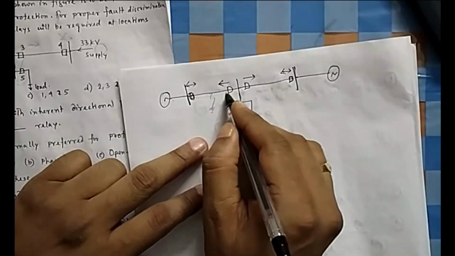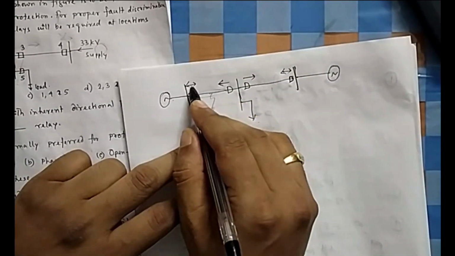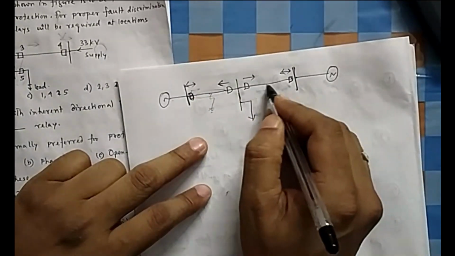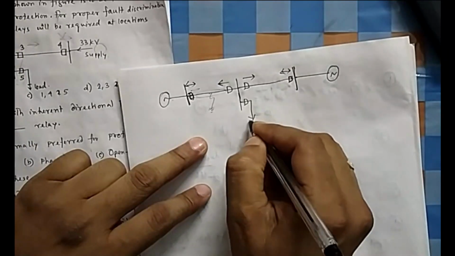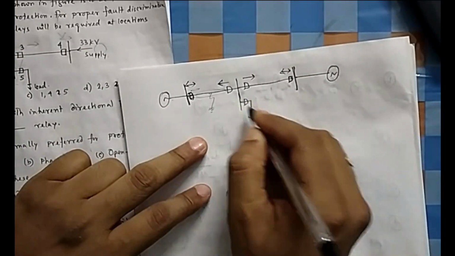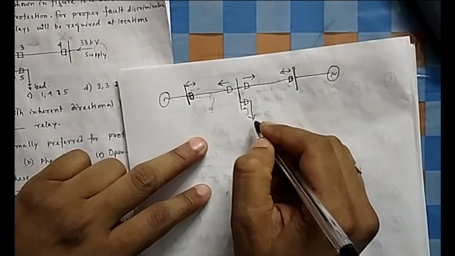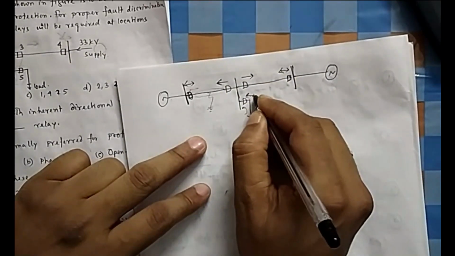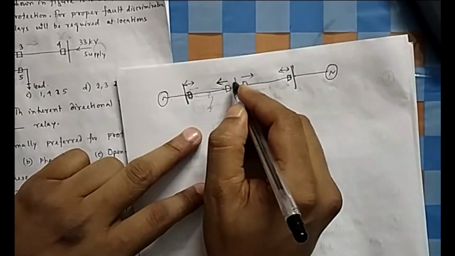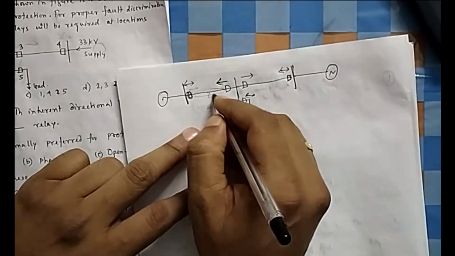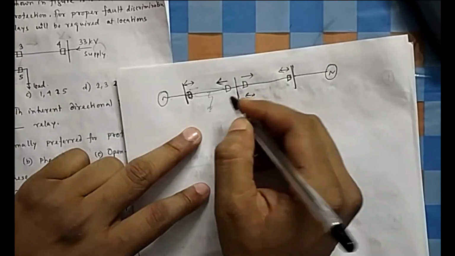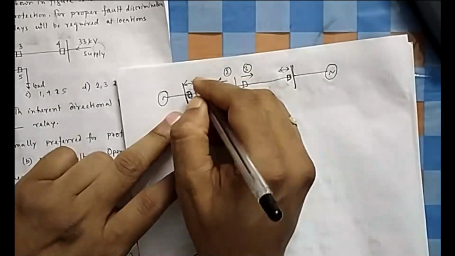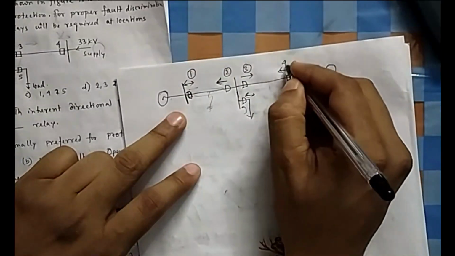If you see this line, this line has to be protected. It is protected from this side by using this, and from the other side it should also be protected. On the load side, current cannot go that way, and current cannot come from the load in reverse. So again there is no need, no intention. The directional feature is given when the current can come from another side. If there is a fault in that line and current can come from the other side, only then does the directional feature come.